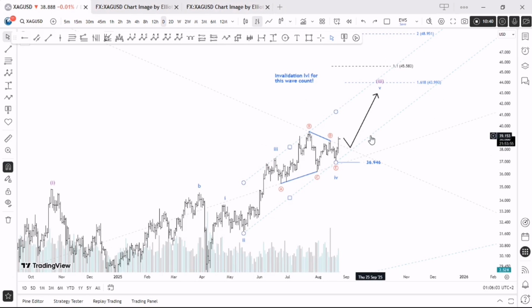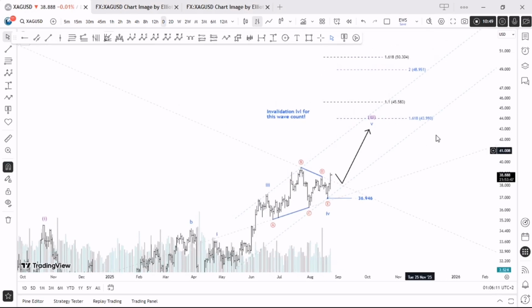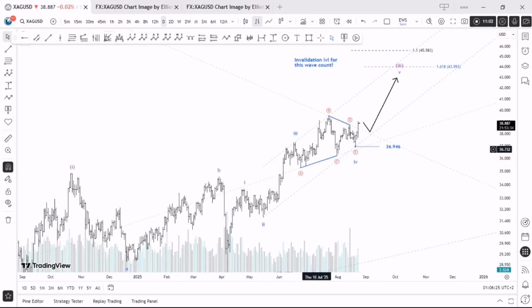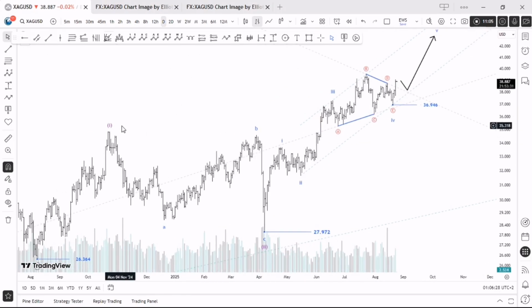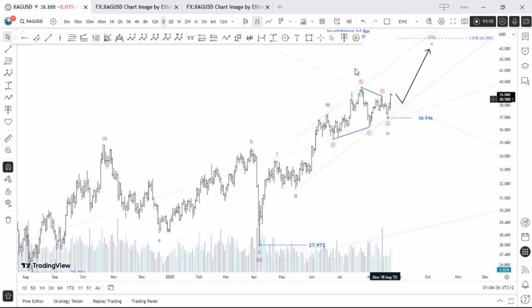But the expectation, whether that's the count or the one with wave three here, is that we should push higher towards this cluster of Fibonacci levels. Although I don't think we will take this 1.618, we'll just fall short of it, before we reach $44 an ounce. We will just decline, to start with our wave four. And that would mean that also, because if you can clearly see, our wave four is a sideways Elliott wave corrective pattern. So that means you might expect to see a zigzag, maybe something like that,